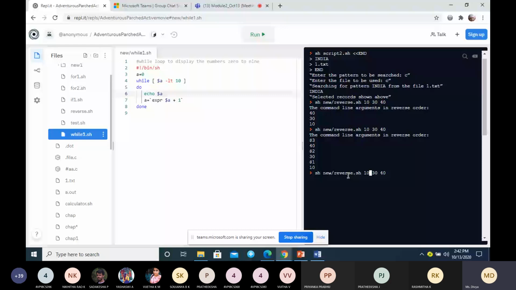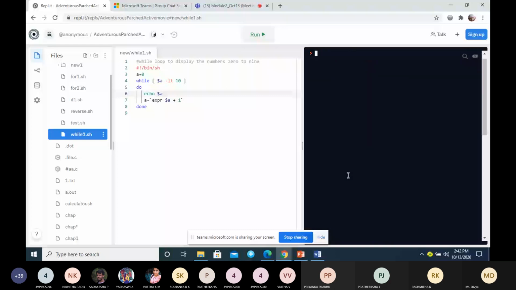Similarly, you can do it using a for loop. You can see here, the initial value of A is 0. Then it will get executed and it will display the values till 9.